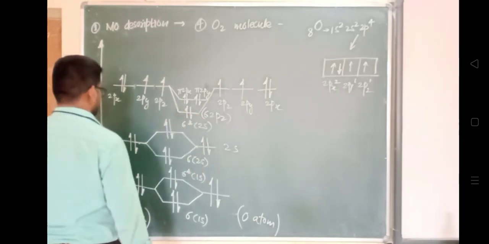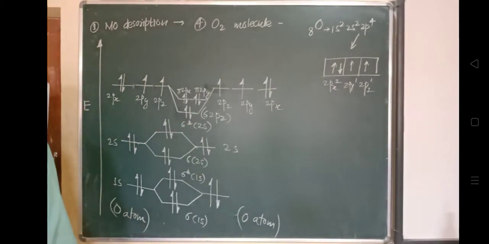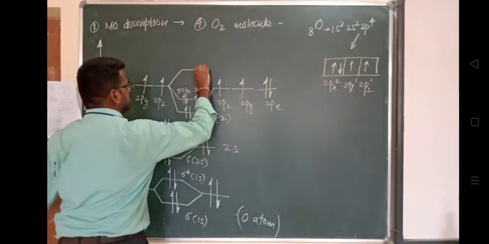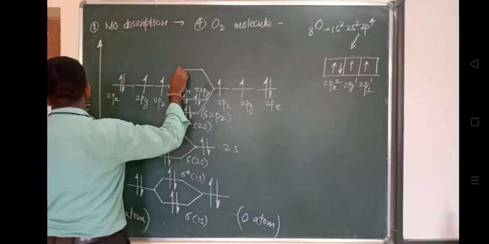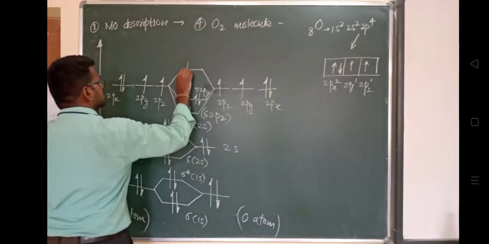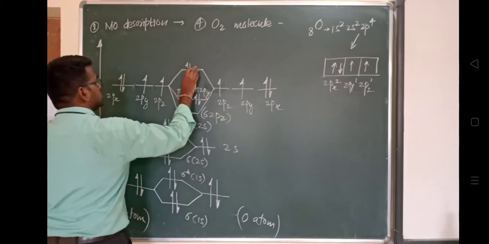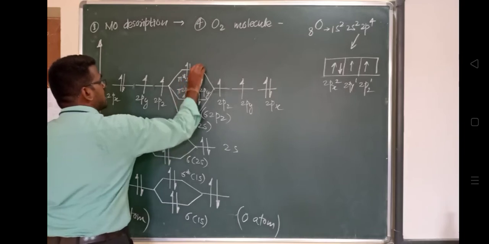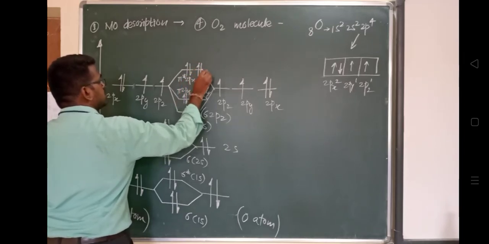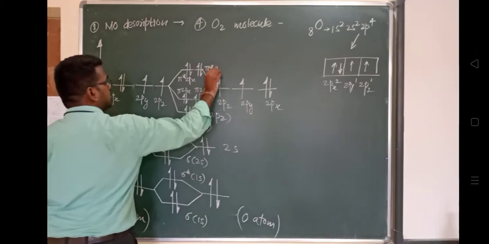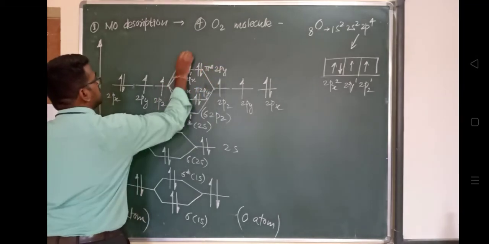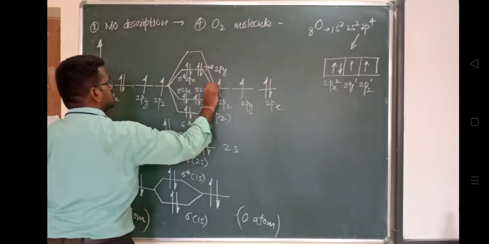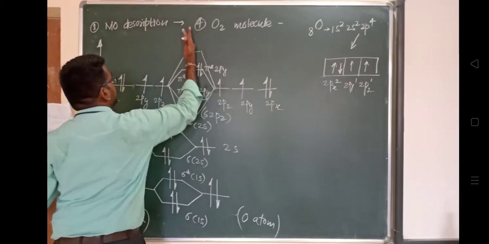Okay, symmetrical. The next one is now upward, if we are going to show here. Okay, so it is forming one pi star 2px. I will represent over here. So this will be a pi star 2px, and this will represent the pi star 2py orbital, and another last orbital that will be formed over here is, yes, but there will not be any electrons present